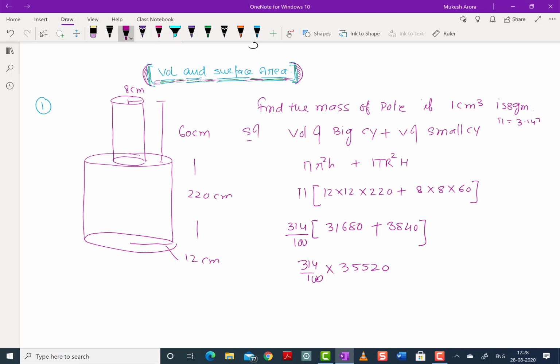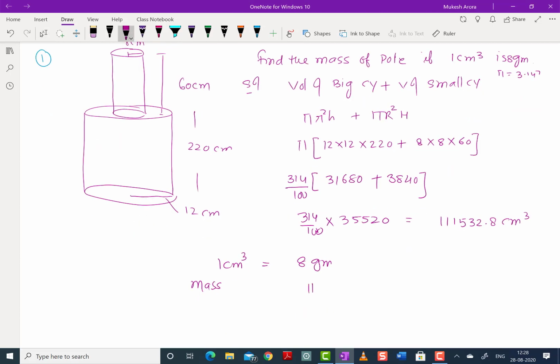So the answer will be 111,532.8 centimeter cube, and 1 centimeter cube is equal to 8 grams. So mass is equal to 111,532.8 into 8 by 1000. So the answer will be 892.2624